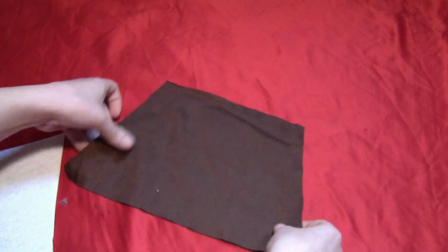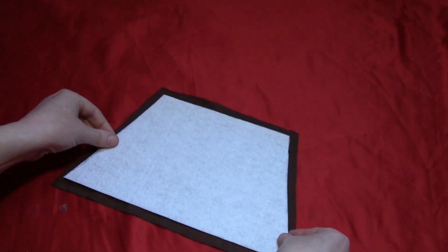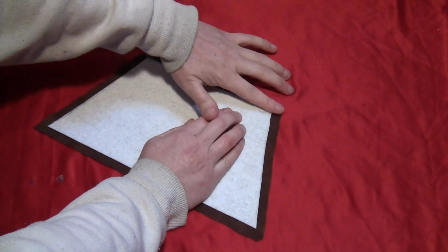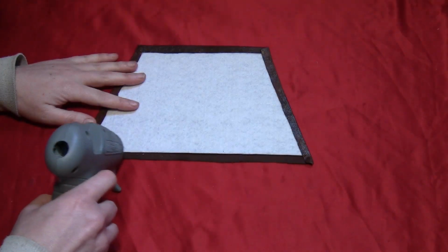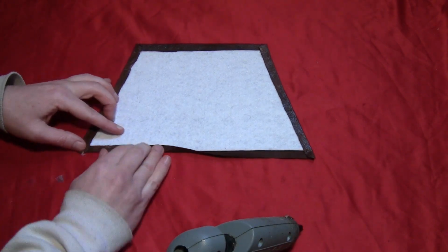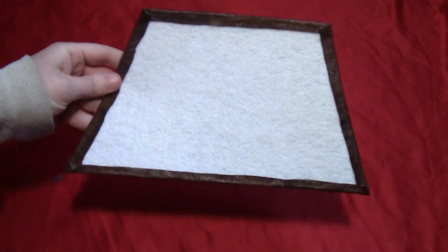So cut a piece of distressed fabric a little bit larger than the interfacing and lay the interfacing on the wrong side of the fabric. And then you're going to put a little bit of glue along the interfacing and fold the edges of the fabric around it. And just go until you've got all the edges folded around the interfacing all the way around,